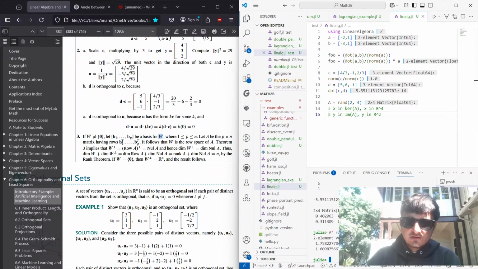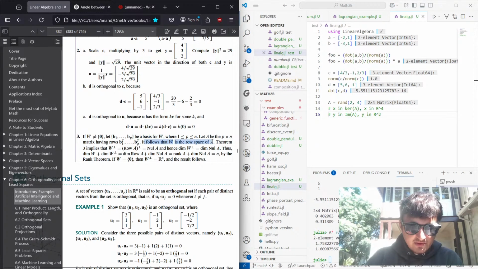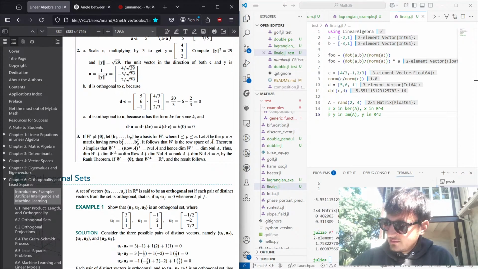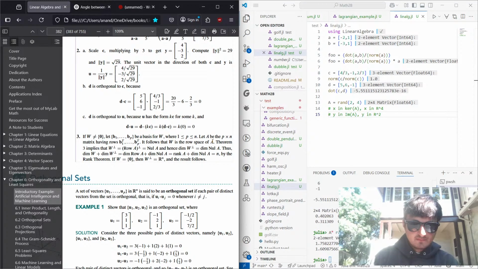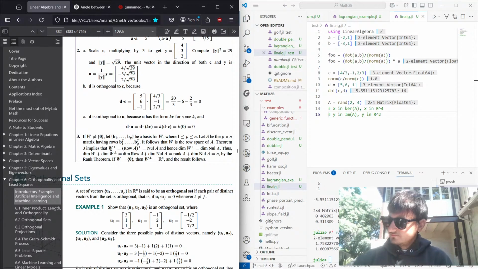Okay, cool. Yeah, so that's right. It follows that W is the row space of A. Yes. Clearly, W is equal to row of A. Theorem 3 implies that, by theorem 3,